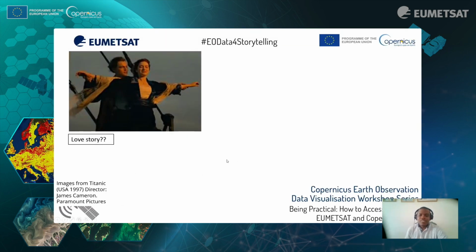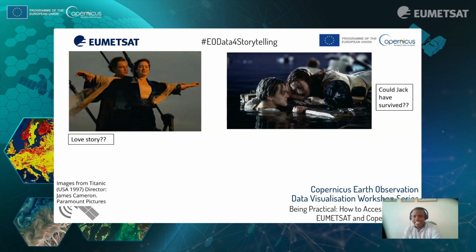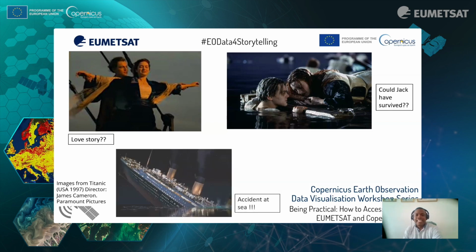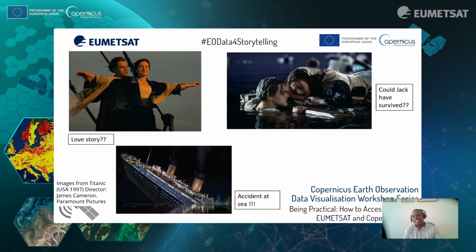So I'm going to start off with a bit of a controversial slide. I'm sure everybody's familiar with the image I'm showing here. And it comes from the movie, The Titanic. Everybody has a perspective in which they remember this movie. Some would remember it as a love story. It's also remembered as one of the biggest controversies of all time. Could Jack have survived if Kate had moved over a little bit to the left on the board on which she was floating? And from my perspective, I see it as what it was, an accident at sea.